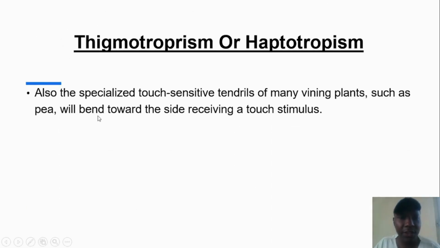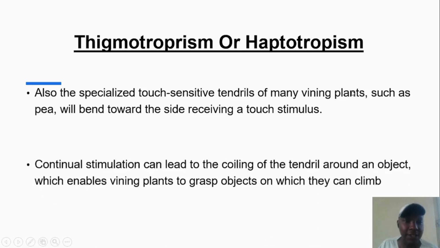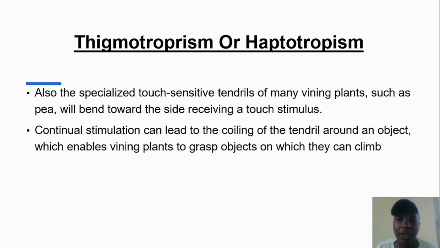Also, the specialized touch-sensitive tendrils of many vining plants, such as the pea, will tend to bend toward the side receiving a touch stimulus. So that's the other example shown by these vining plants. Continuous stimulation can also lead to the coiling of the tendril around an object, which enables vining plants to grasp objects which they can climb. So that's the importance of Thigmotropism shown by these vining plants, whereby the coiling of their tendrils will enable them to climb around other plants and grasp those plants,